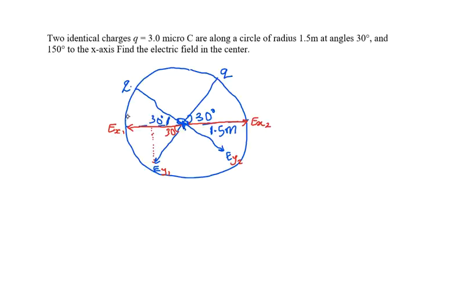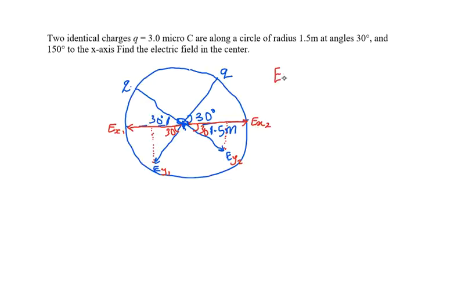And this very angle as well is vertically opposite this very one, which should be 30 degrees as well. Completing this, we have these two angles. So now let's resolve the electric field along the x and y axis. So at this point, we can call the total electric field in both x and y axis on this E1